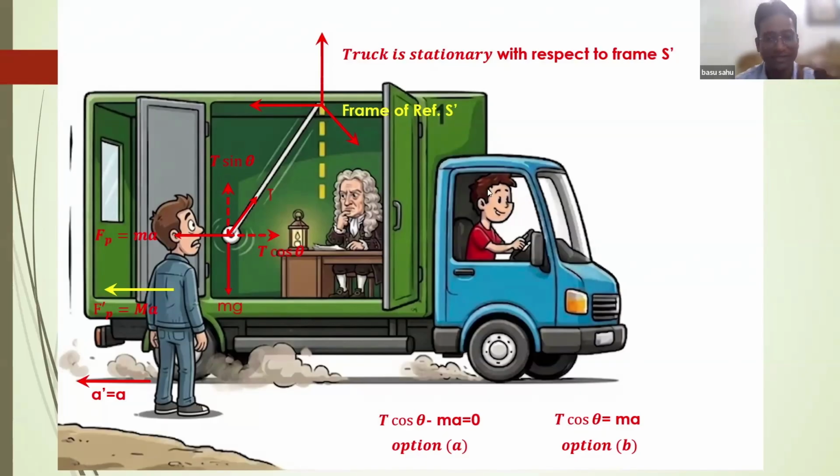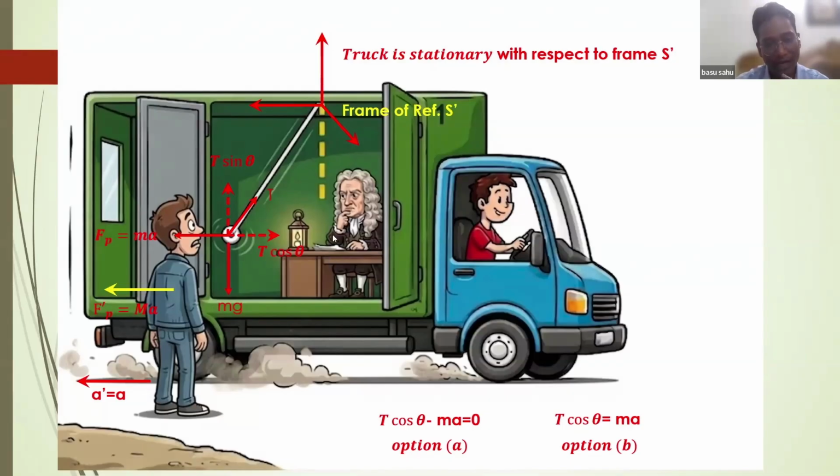When you are looking from the frame S dash, it doesn't mean that for a part of this truck we cannot apply pseudo force. We have to apply it, because there is no difference with this bob. Just suppose this bob is connected to a rigid rod and the rigid rod is fixed with the help of welding here. What will be the destiny of this rigid rod with bob? Whether it will go like this or it will directly stand over here? It will remain stationary. Yes, it remains stationary, as we have assumed the truck remains stationary.